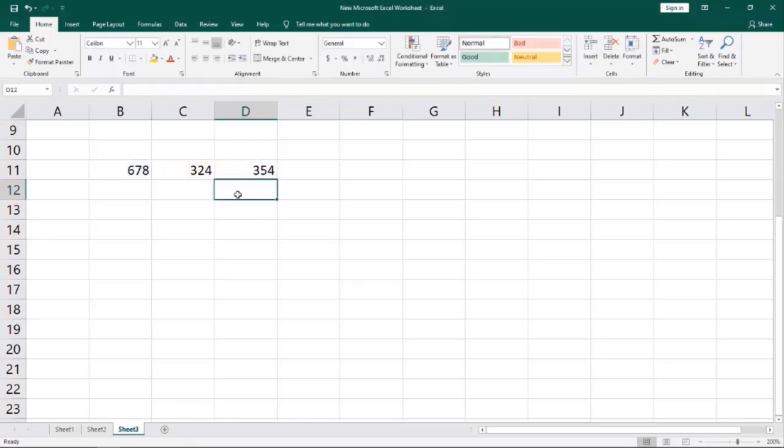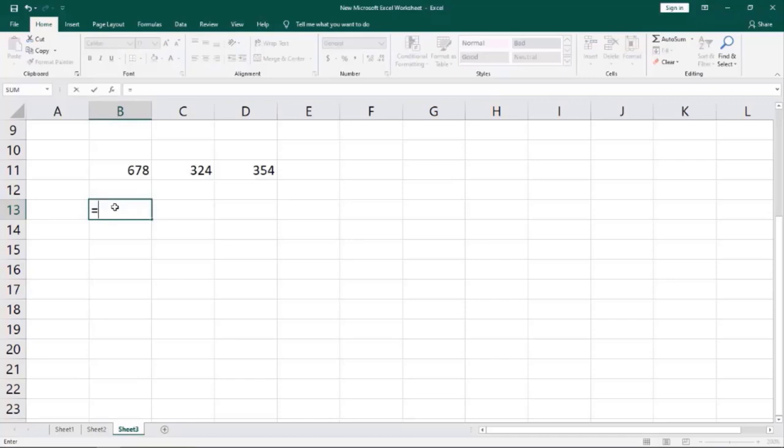354. Now we'll get the negative of one number. Suppose I want to get the negative of 10. Then first the same way, equal to sign, then give minus 10. See, this is the negative value of plus 10.